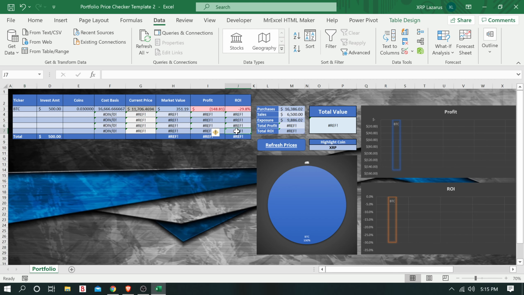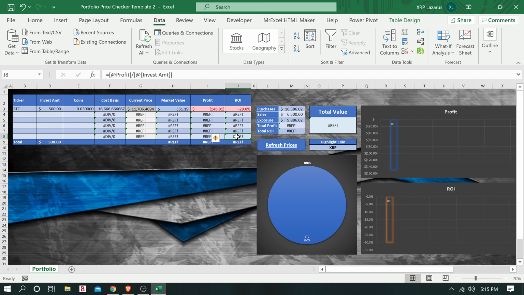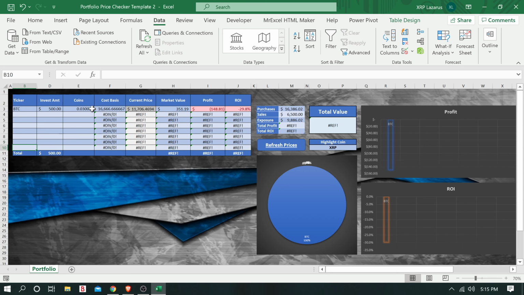So if you have 10 coins, you can just keep clicking here and hitting tab until you get about 10. Then you're going to want to drag all these formulas down so you don't get the reference errors. Now you can enter whatever coins you want, so like XRP, ETH, what else? Litecoin,